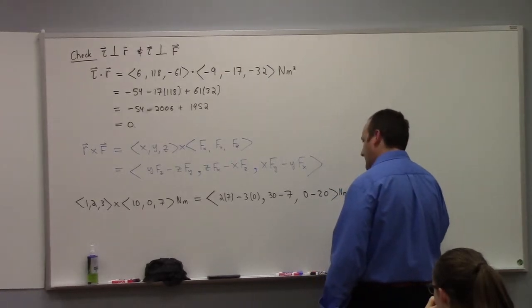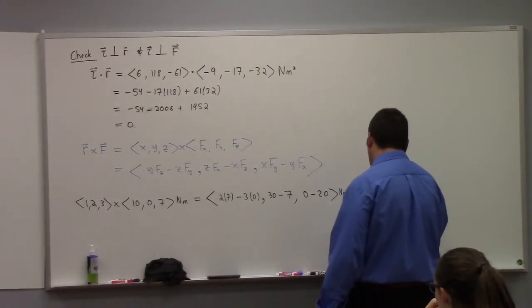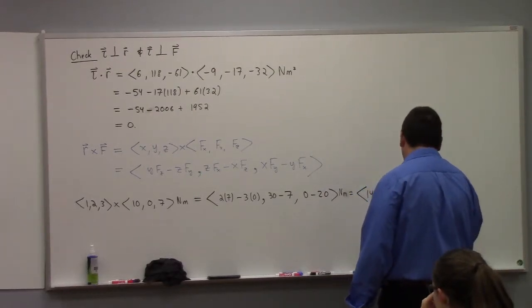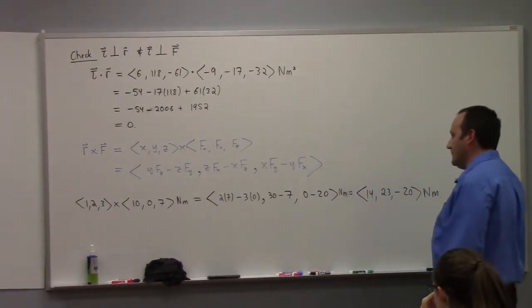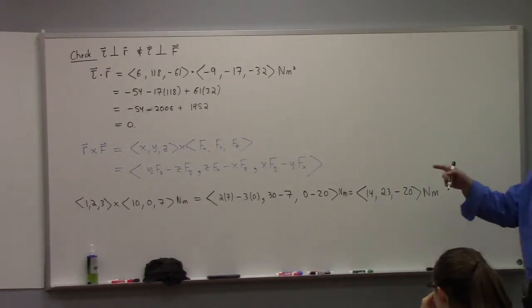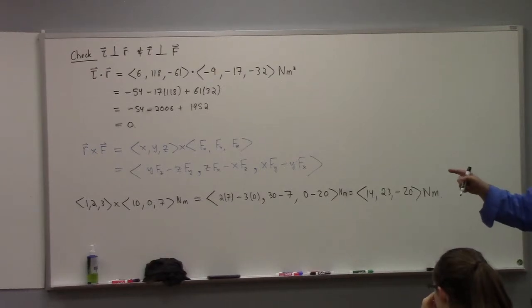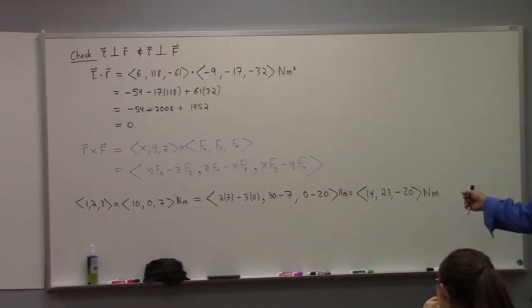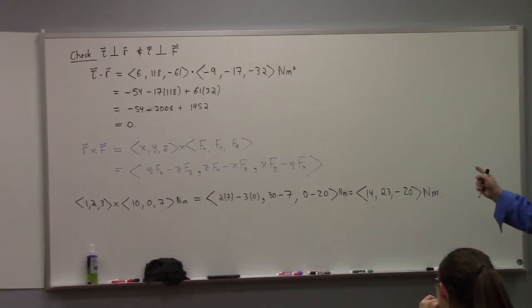So I got myself a 14, 23, minus 20 Newton meters, which you can check is perpendicular to the two vectors there. Like dot product of 10, 0, 7 with that gives me 140 minus 140. Great. The dot product of 1, 2, 3 with this gives me 14 minus 46